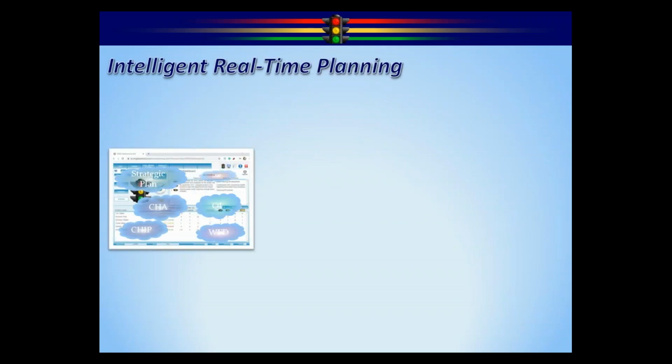Intelligent real-time planning. This is that background email notification and what we call quick update. Here's how it works. Most people set it up for a monthly cycle. You can set it for anything you want. Typically, let's say we have it set for the first Monday of the month. First Monday of the month at 1 in the morning, the system goes in there and looks at everybody you've assigned as an